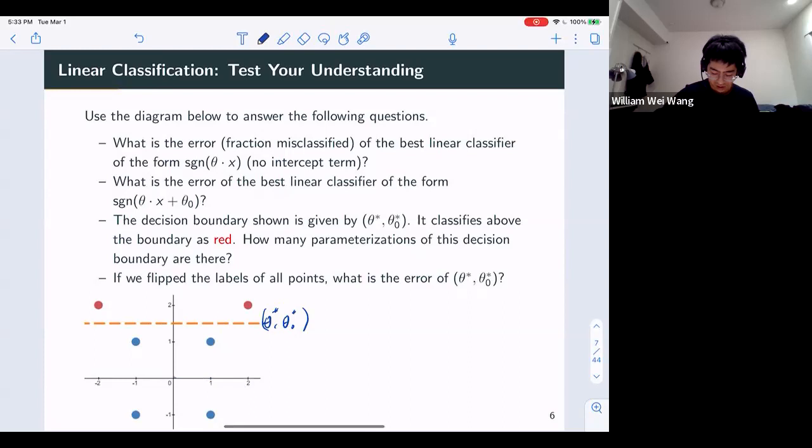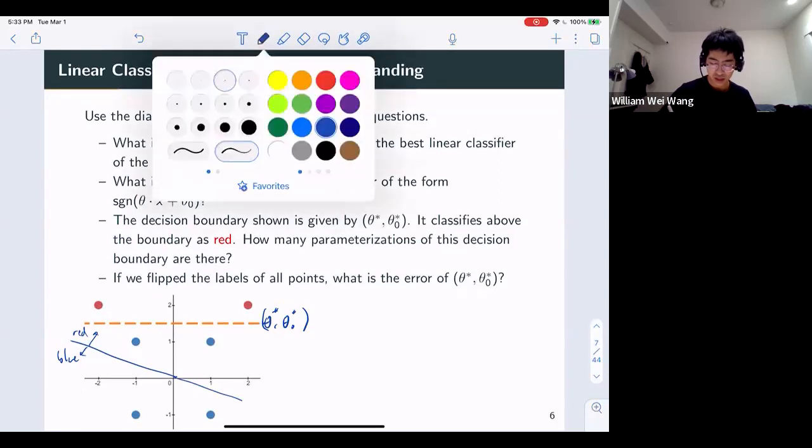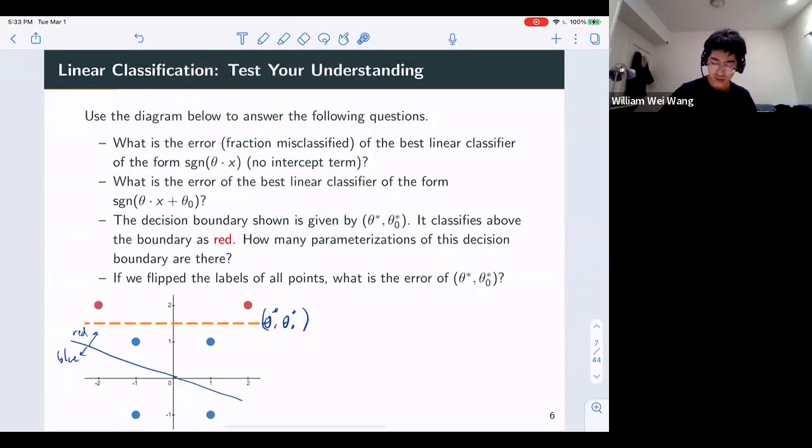So I should go through the origin, and, bad drawing, this is a better classifier. If you classify this as red and this as blue, then you end up with an error rate of, because the red points are correctly classified and the blue points down here are correctly classified, oh, not 1/2. Did I say 1/2? I meant 1/3. So here these 2 points are the ones that are misclassified.